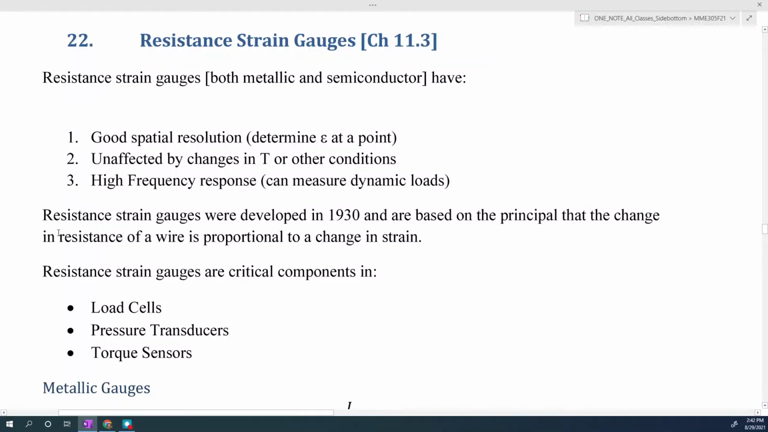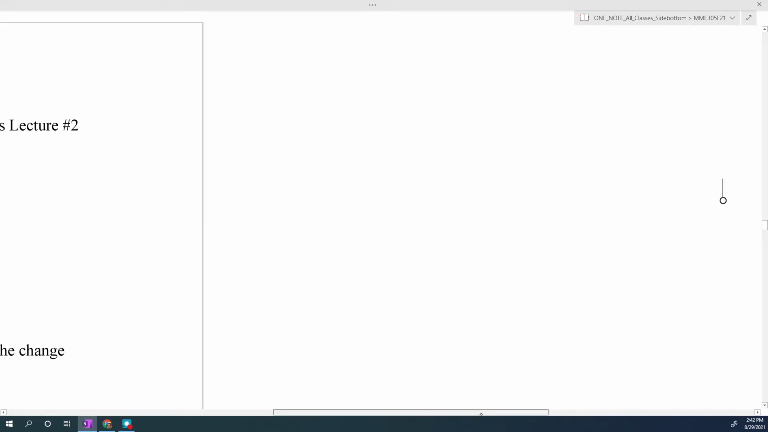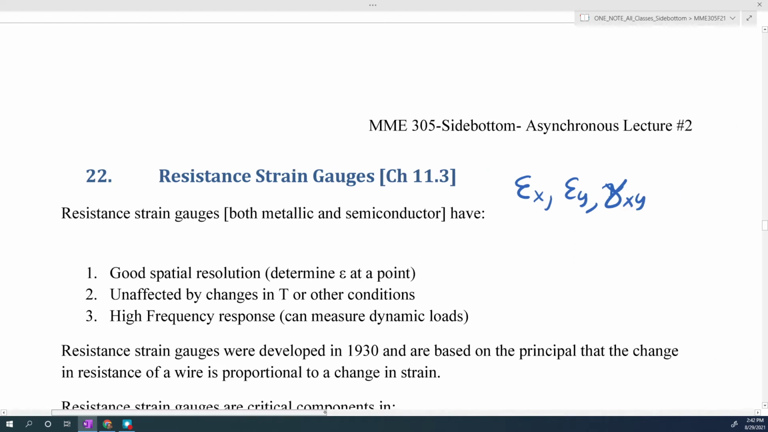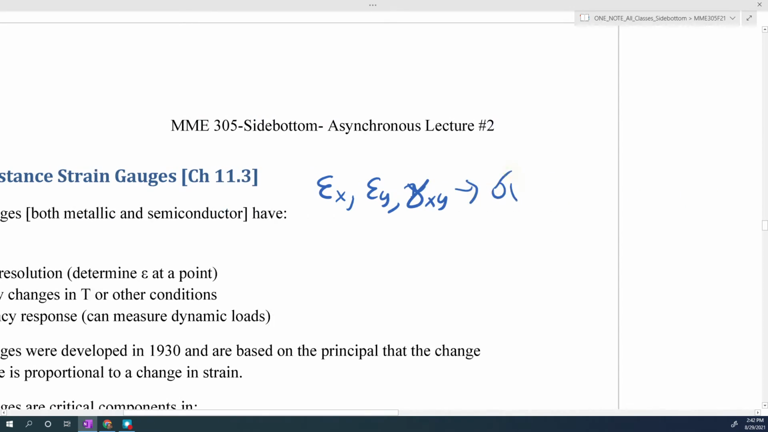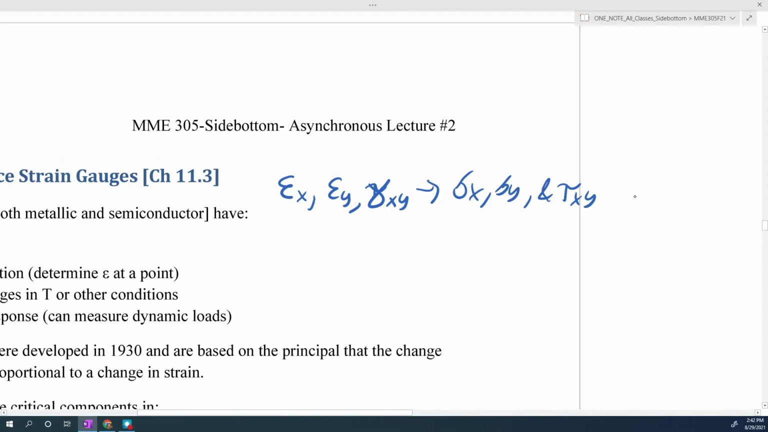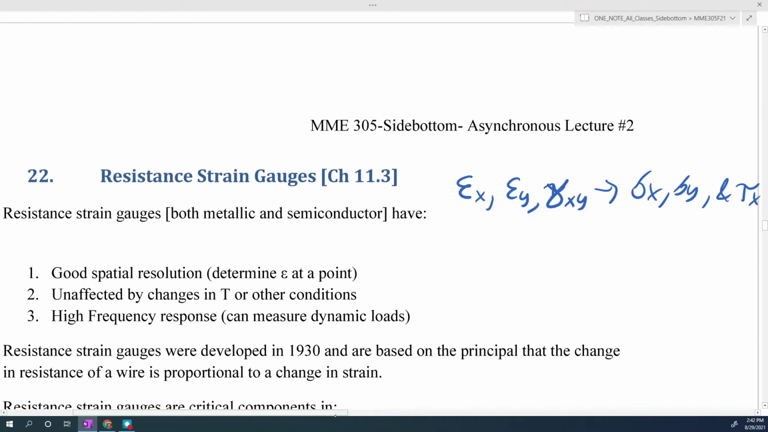So in the last video we discussed how if we know the strains within a material, we can then determine the stresses. And from those stresses we can then determine the factor of safety if we know the yield strength. So what we're going to talk about now is how we would experimentally measure these strains, epsilon x, epsilon